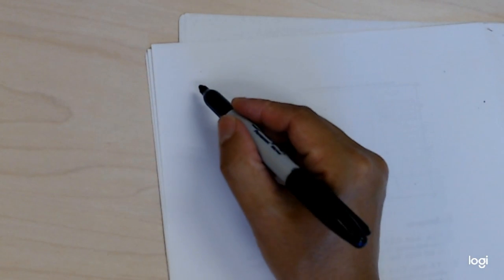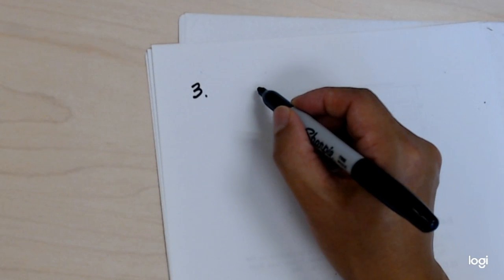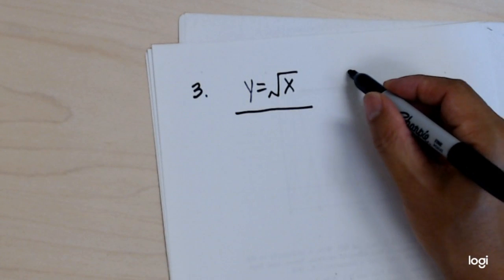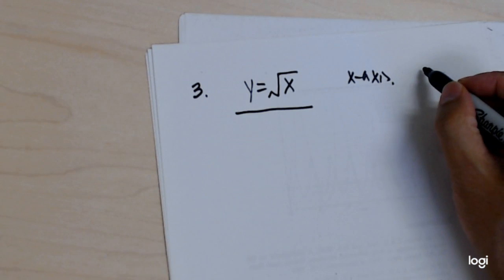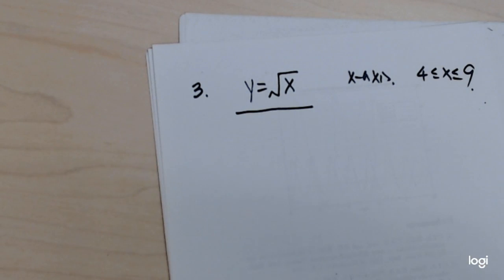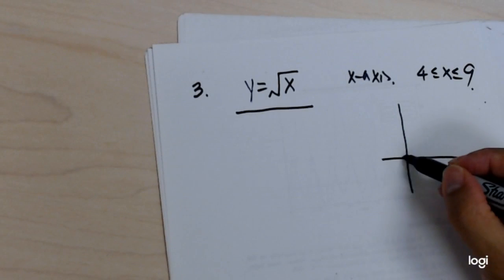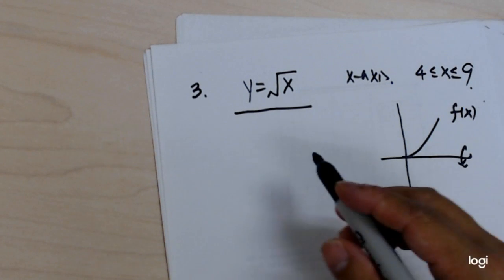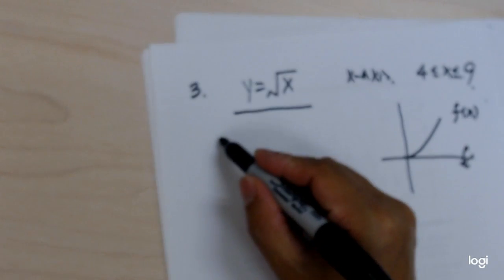Surface area. If you are rotating this curve about the x-axis, find out the surface area between 4 and 9. f of x rotated about the x-axis. The surface area formula looks like this: